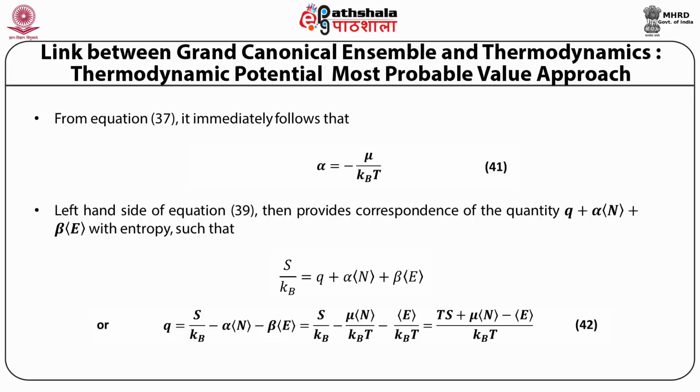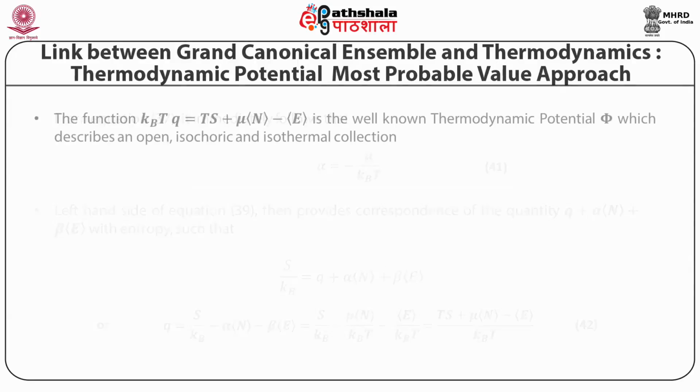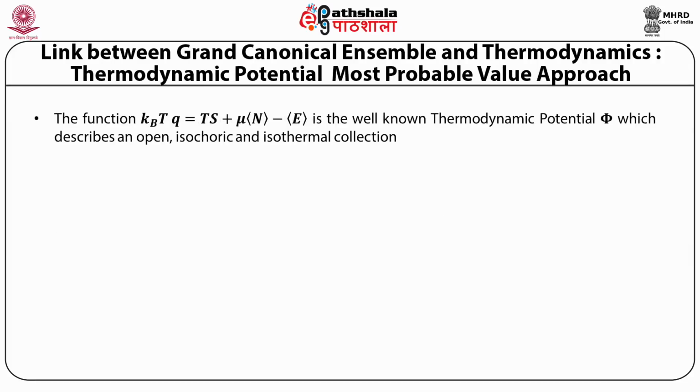which is equal to S upon kB minus mu upon kBT multiplied by the mean value of the number of particles minus the mean value of energy divided by kBT, which is equal to, on taking the LCM of the denominators, TS plus mu times the mean value of the number of particles minus the mean value of energy divided by kBT. The function kBT multiplied by Q is equal to TS plus mu times the mean value of the number of particles minus the mean value of the energy, is the well-known thermodynamic potential phi, which describes an open, isochoric and isothermal